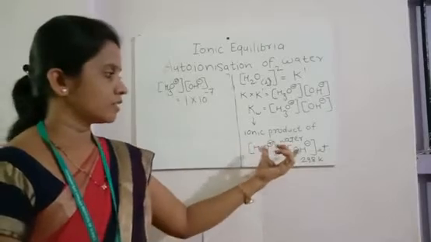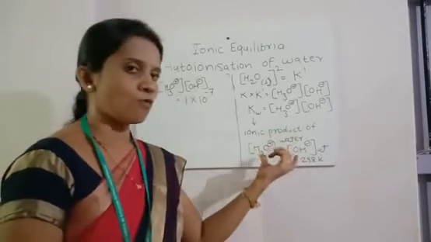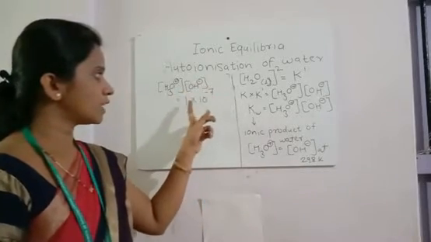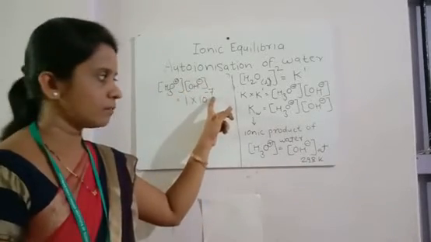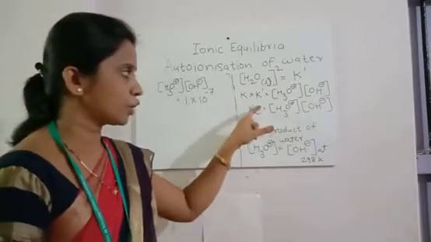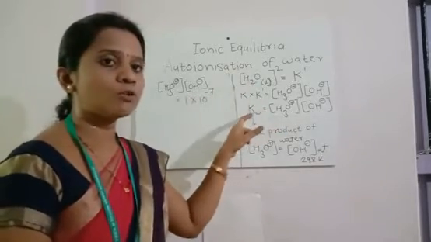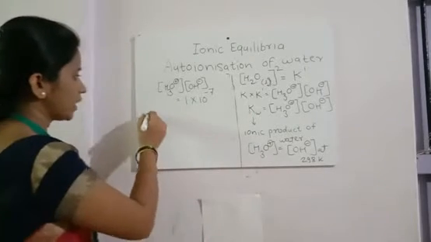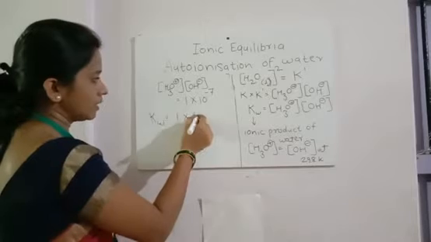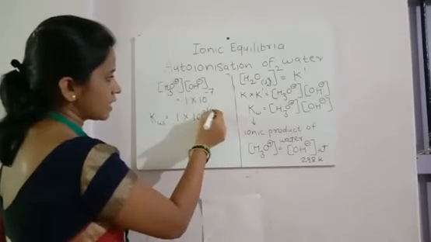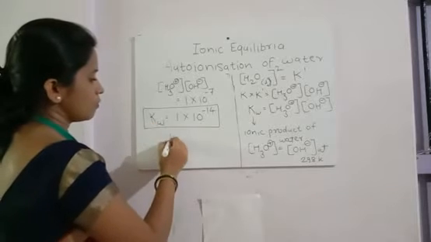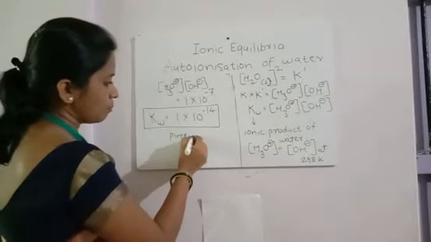What I said, this concentration of ions at 298 Kelvin is found to be 1 into 10 raised to minus 7. So what will be the expression for this ionic product, or what will be the value for Kw? So Kw is equal to 1 into 10 raised to minus 14 for pure water